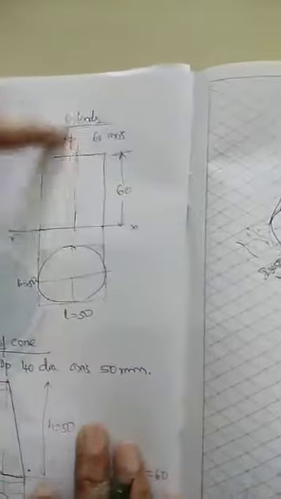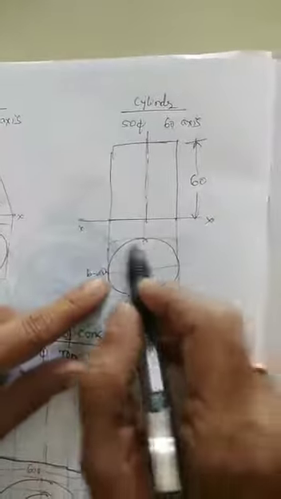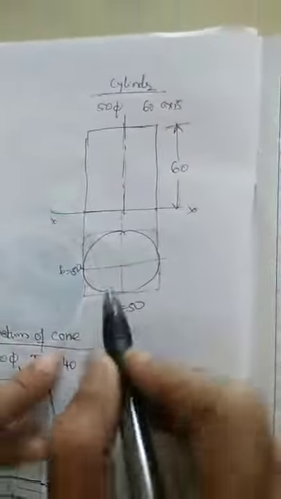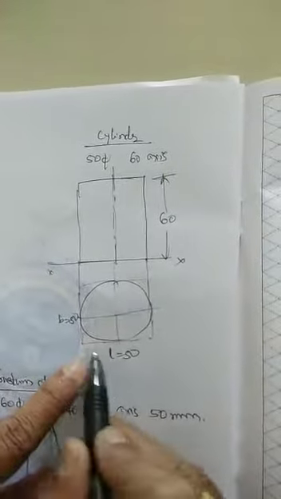So let us take the cylinder. For the cylinder, you know that the top view will appear as a circle and the front view as a rectangle. So if you inscribe it in the square, the length is